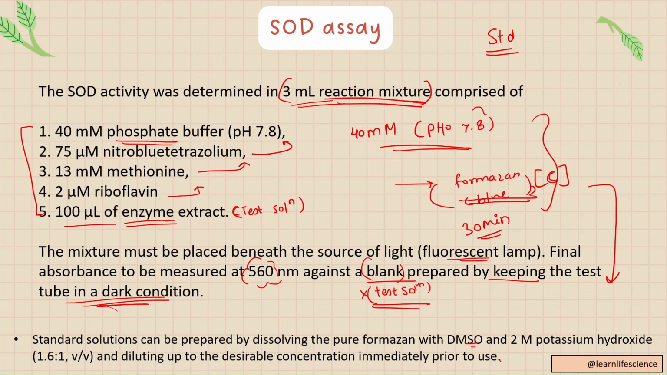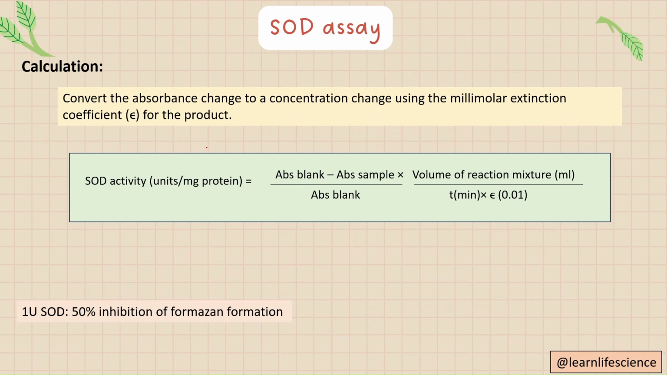Okay, once you have taken the absorbance, you will have to simply calculate it. Here we are going to convert the absorbance change to a concentration change, because the absorbance we are going to calculate is only for the determination of formazan production, right? So that's why we are going to convert this absorbance change to a concentration change by using the millimolar extinction coefficient of superoxide